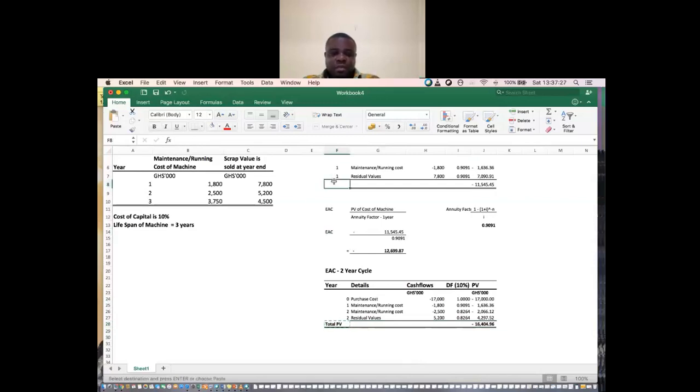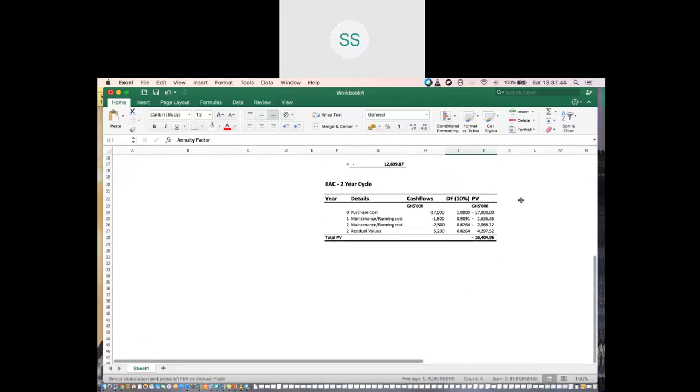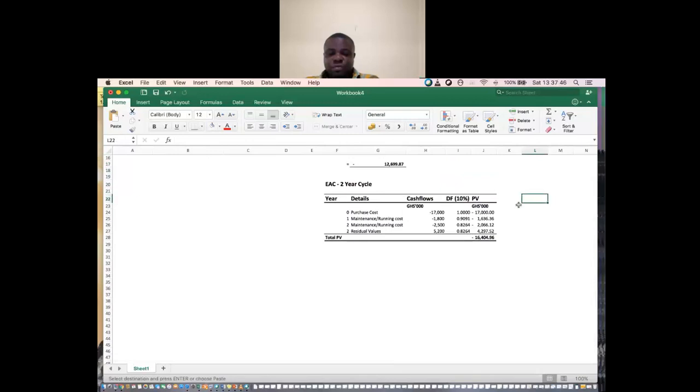It's the same as this. When you are done, you will now determine the annuity factor for year 2. So we have to determine the annuity factor for year 2. Okay. So annuity factor for year 2 means that we would raise this one to the power 2. To the power 2. And that gives us 1.73 something.